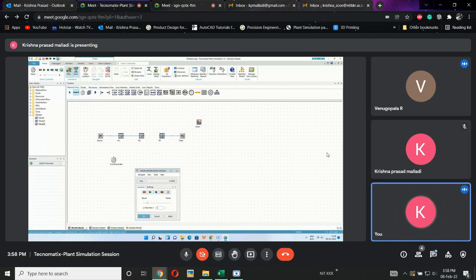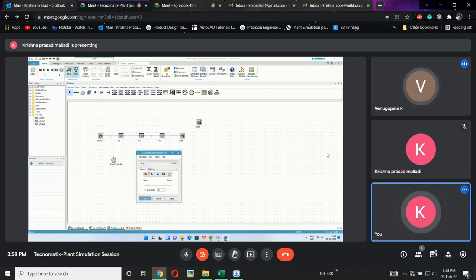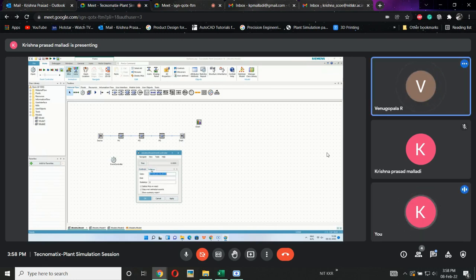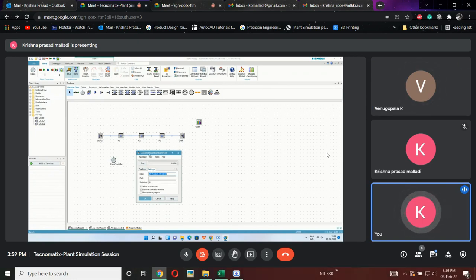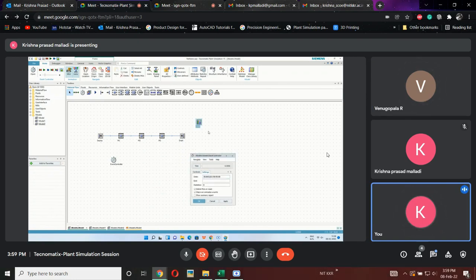So this is how we are going to optimize a plant. For running a simulation, there are two methods. First method is with respect to time. Second method is with respect to number of parts. In both cases, we are going to use these types of charts for optimizing, to check the statistics of the machine: how the machine is behaving, how it will be running, how much time it is kept idle, how much time it is in the blocked phase, how much it is in the waiting phase, how much it is in a failed condition. All those things can be obtained with these charts only.